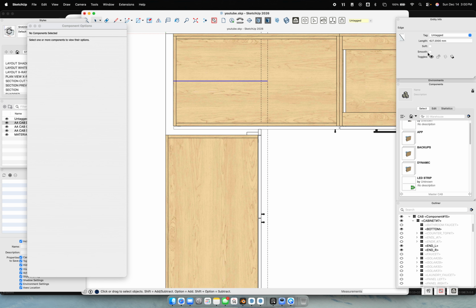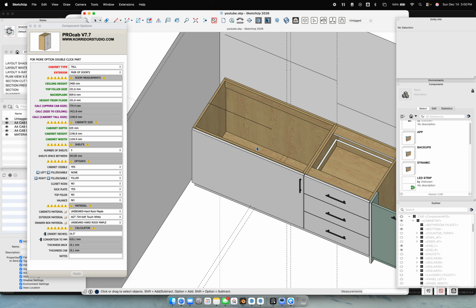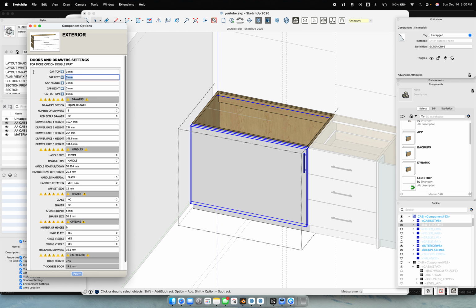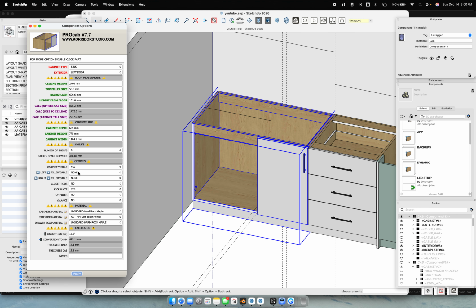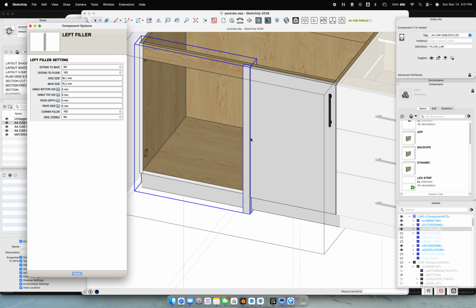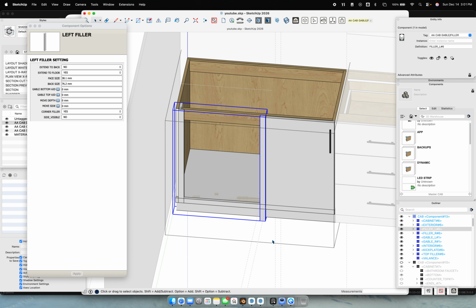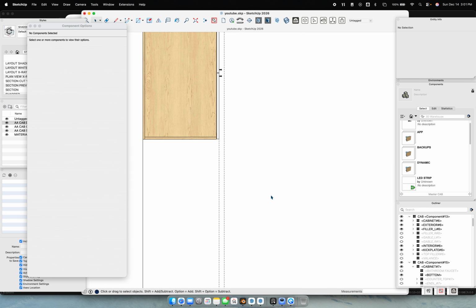Take this length, we're gonna hide this cabinet, and we're gonna come to this door, and on the gap we want to type that measurement. We're gonna add a filler. We're gonna click on the filler. We're gonna say it's a corner filler. Do you want this side visible? No. You click apply, and the filler goes to the door. So now if we unhide all the cabinets,